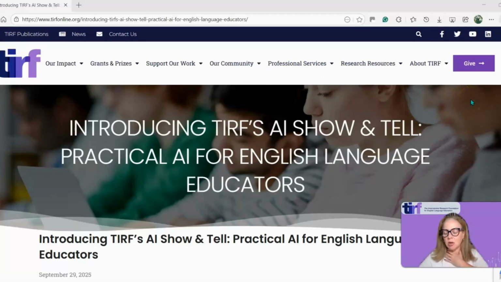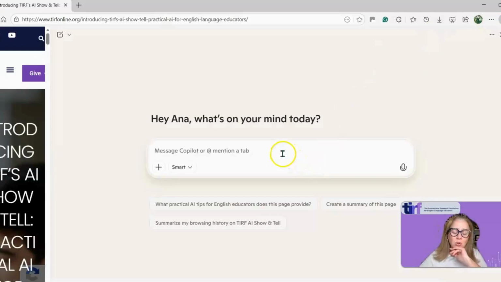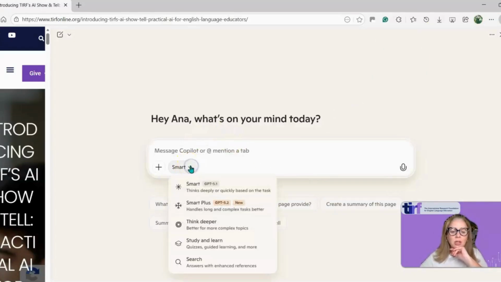For me, again, in Microsoft Edge, all I have to do is click here on this right-hand corner where you see the symbol for Copilot and the chat. So when I click here, a new screen will open. I can choose which kind of search I want, if I want the smart one, if I want the smart plus, that's a new one as you can see here. If I want it to think deeper, if I want the study and learn, or just searching for references. I'm going to use the one that is readily available here, which is the smart one,